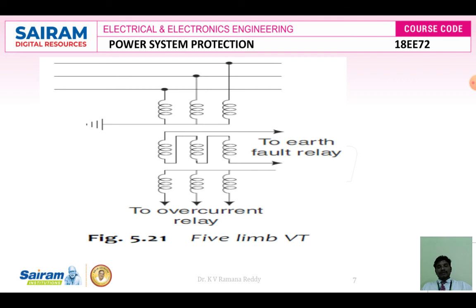So here we can see a 5 limb structure. In this 5 limb structure, the actuating quantities, voltage and current, are taken as a reference. Through this structure, we can identify the fault currents and fault voltages at the time of fault, and we generate a command signal to the appropriate circuit breaker to isolate the faulty section of the system from the healthy section.